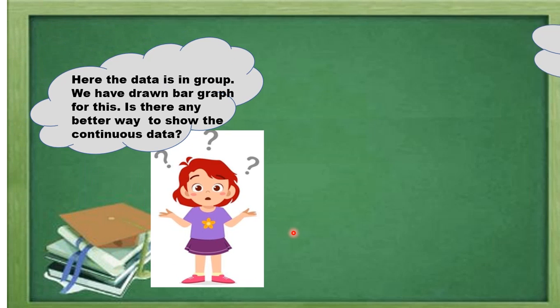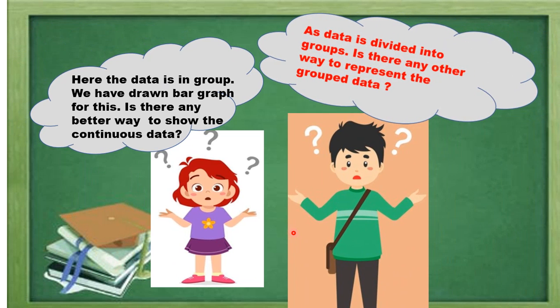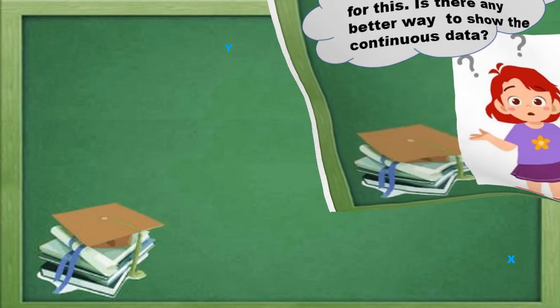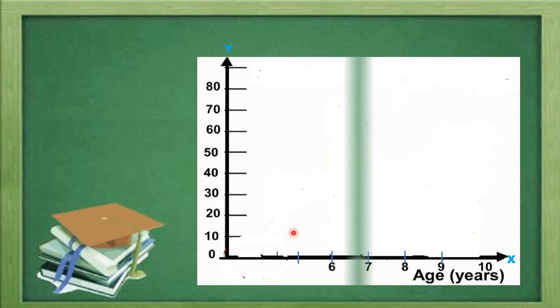Okay. Or you might think about it as the data being divided into groups. So is there any other way to represent the grouped data? Let us understand. Take graph paper and draw the horizontal and vertical axes as the x and y axes, and on the x axis we show the age groups, and on the y axis we show the number of